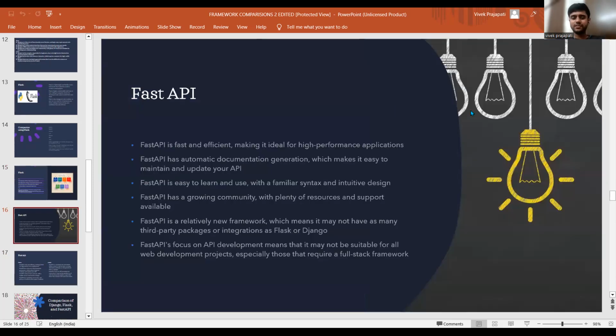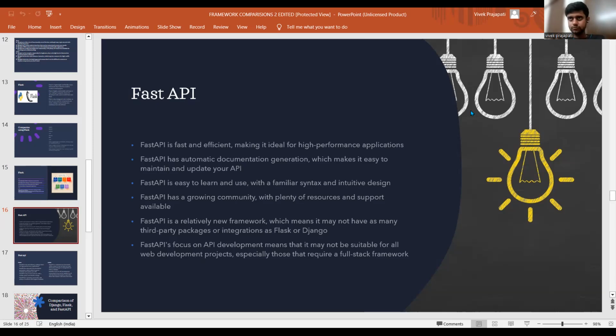FastAPI, as its name suggests, is used for fast and efficient API applications. FastAPI's automatic documentation generation uses OpenAPI software that updates and maintains your documentation. FastAPI is easy to learn and use, with familiar syntax and an intuitive design.